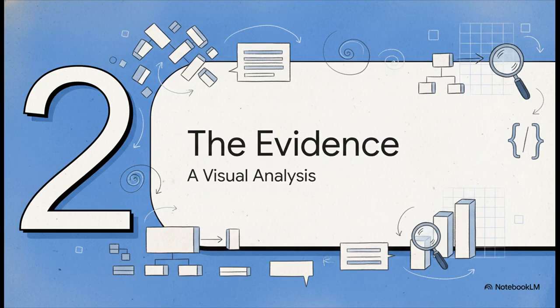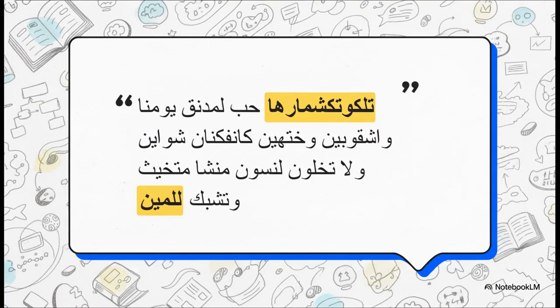All right, so we've analyzed the frame. Now it's time to look at the evidence itself. We're finally going to turn to the text, but here's the twist. We're not going to try to understand its meaning. We're going to do a purely visual analysis of its structure. So here's our line of text again, but this time I want you to actively ignore any potential meaning. Don't think of it as words or a translation. Just see it as a shape, a visual pattern that flows across the screen.